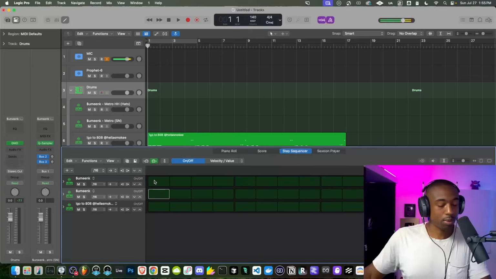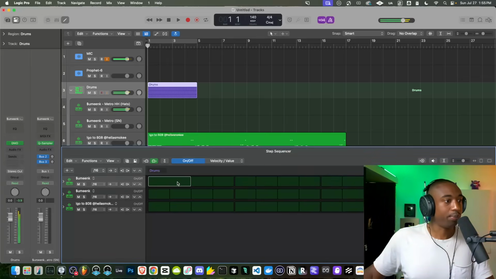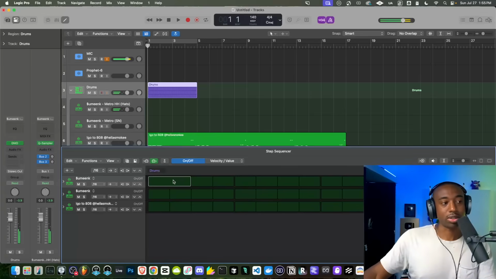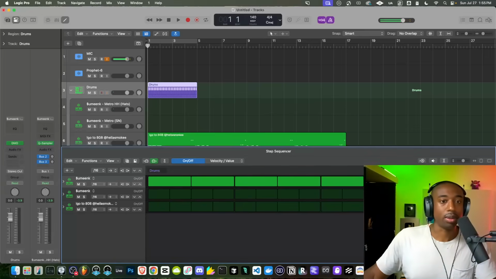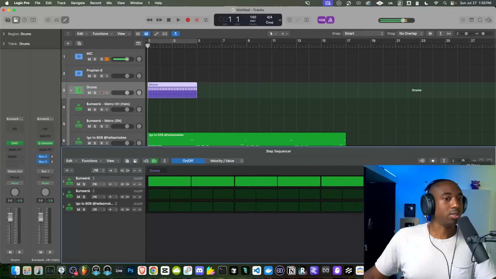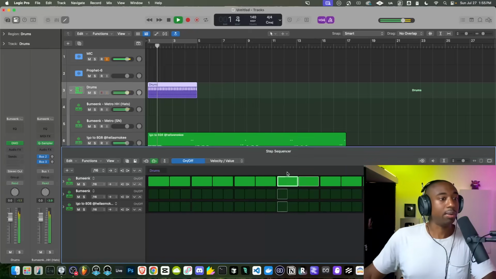And now what we're going to do is hit a shortcut, Option Command on the Mac, and then left click. What this does is it merges two cells together, and then it makes the notes bigger. And now we can hit Command R or Control R. I guess it's always Command. There's no PC version of Logic. Let's set this to 32 steps, and now we have a steady hi-hat.